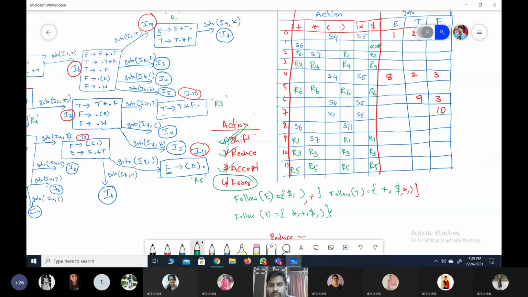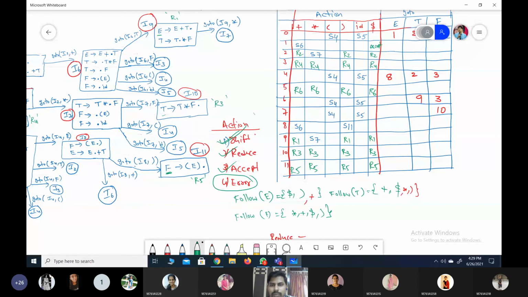We have completed shift, reduce, accept, error. Shift is done on a terminal's application. After the terminal is applied, when you move from one state to another state, that state number we have written. For reduce, we identified any item set where the dot has ended at the extreme right side. We identified that production number. For that production's left hand side symbol, we computed the follow of that symbol. For that follow of symbols, we have added that production number. So reduce that production number.